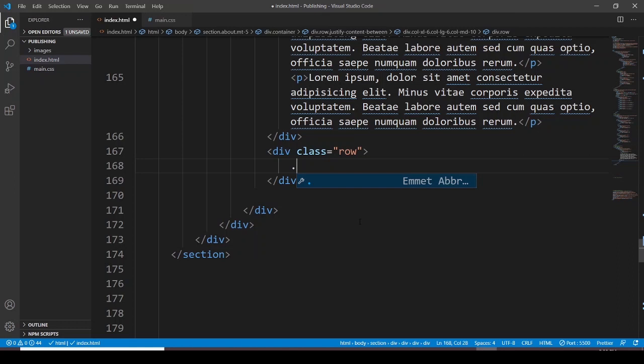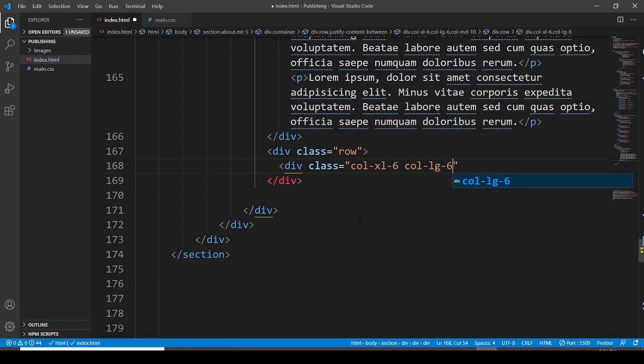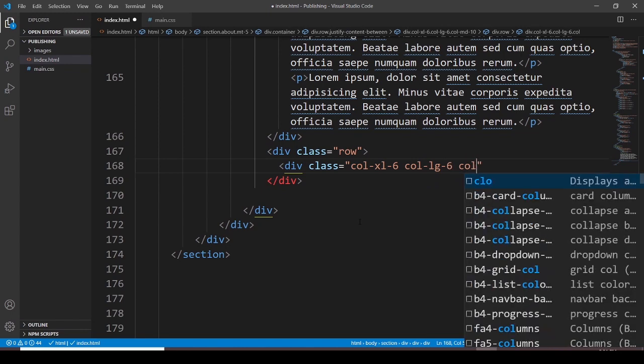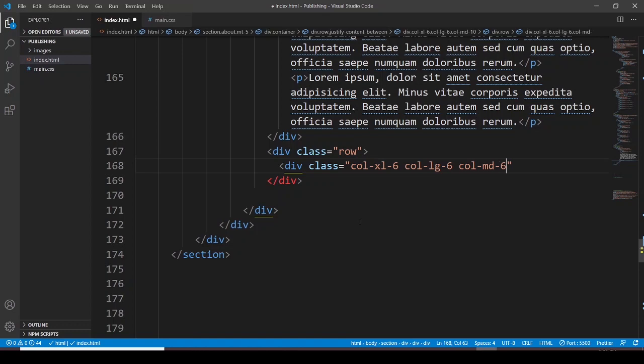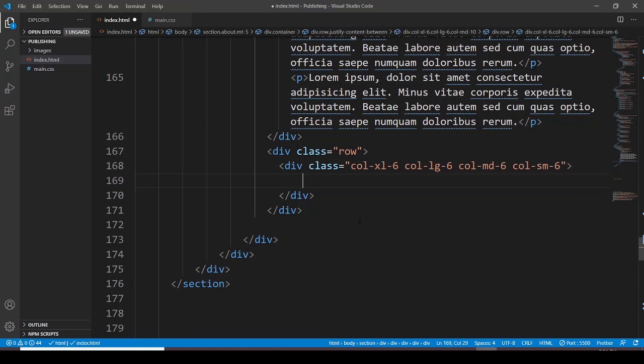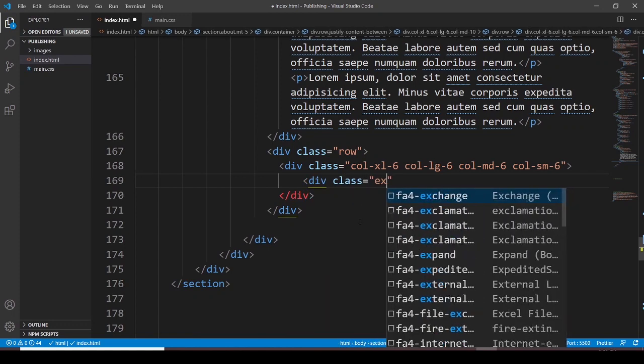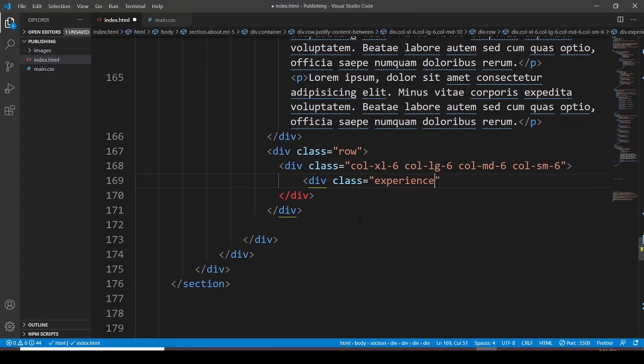So let's have a division with class column extra large 6, then large is going to be 6 again, and then column medium 6, and then column small 6. Okay, here I would like to say division class, and this class is going to be experience,